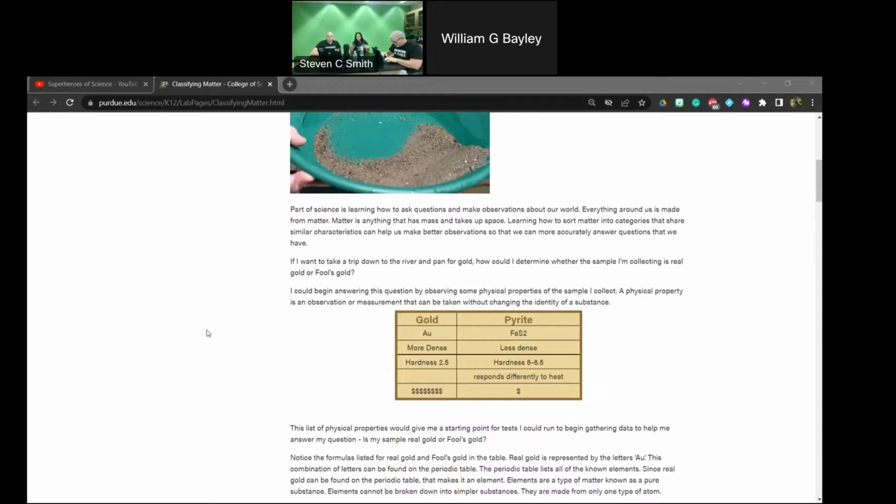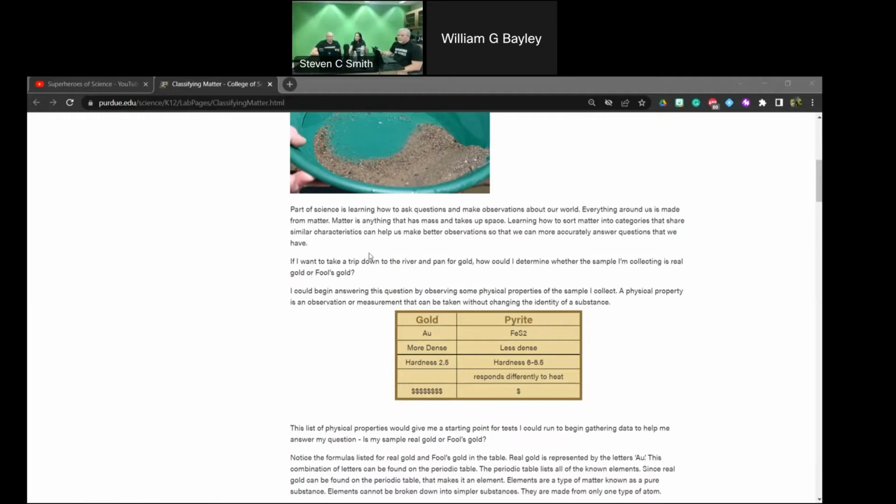That brings us to the idea that everything around us is matter. Matter is anything that has mass and takes up space. When we can sort matter into categories using similar characteristics, we can make better observations and more accurately answer questions that we might have.